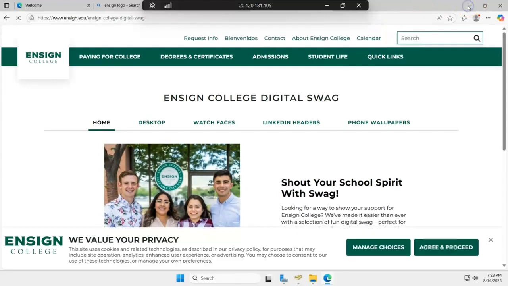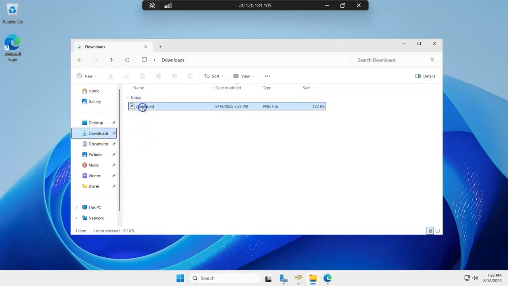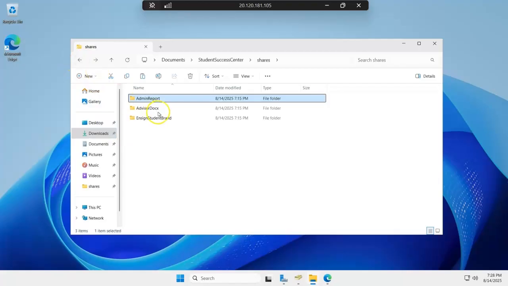So our image is quickly downloaded. Let me go off this, and I'm going to go to my downloads and copy my file. Go back to my folder, open it, and save to it. Alright, so now